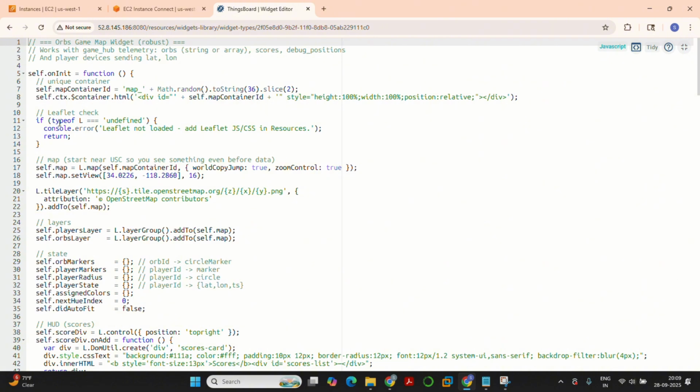And then there is a check that Leaflet has been loaded, because the Leaflet library is used to create various markers of the orbs and players in our widget. It's a JavaScript library to create such markers in mapping applications. In case it is loaded, it defines a global variable L. So in case it is not defined, it says Leaflet not loaded. After that, we create a map object provided by the Leaflet library with L.map with this ID, the map container ID,